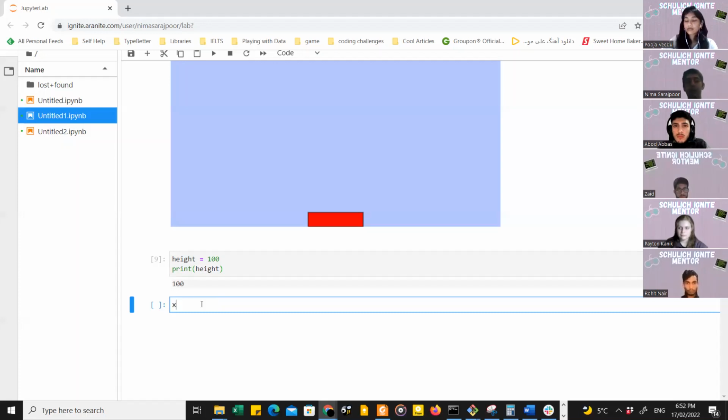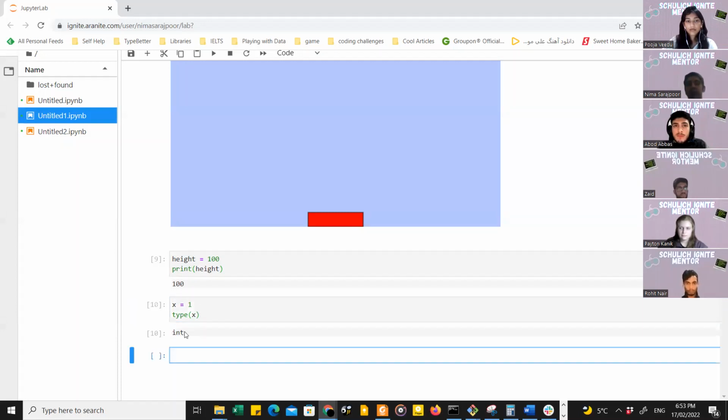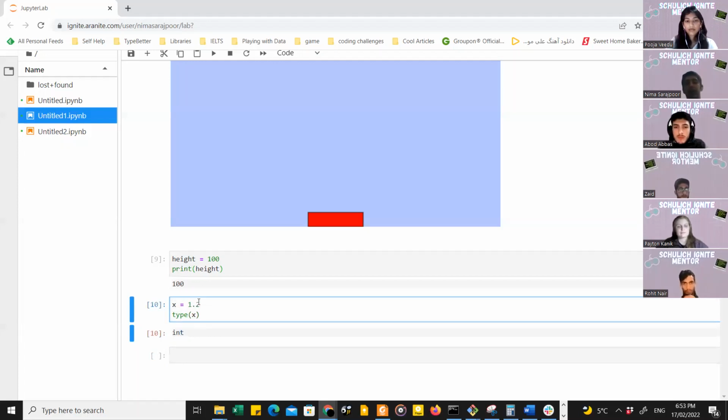But how can you know if it is an integer or float? If you remember, you know that this has a decimal point, so it is float. If it is just 1, you know it is an integer. I can also do type of x to see if it's actually true. So x is 1, but what is the type of x? It is integer. You see, int is short for integer. But if I do, for example, 1.2, now it is float. Now if I hit run or do shift enter, I should see the type float. Sounds good? Perfect. So let's get back to our slides